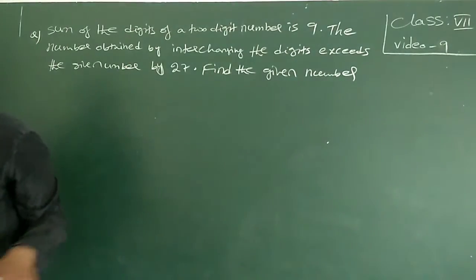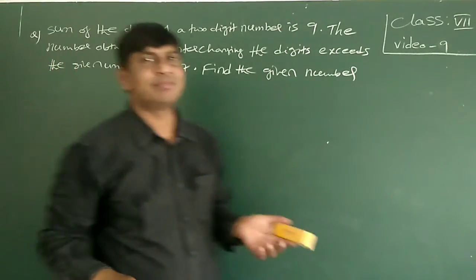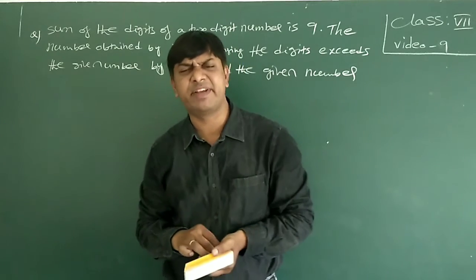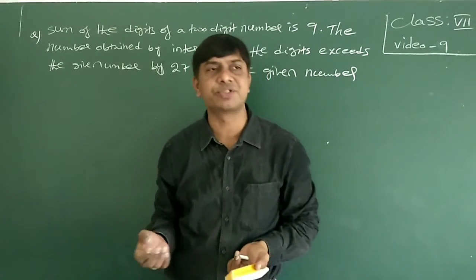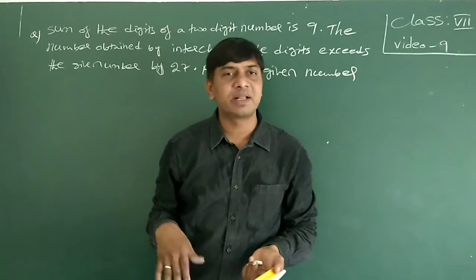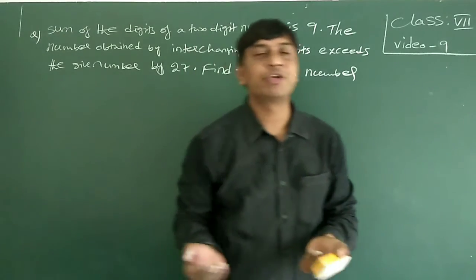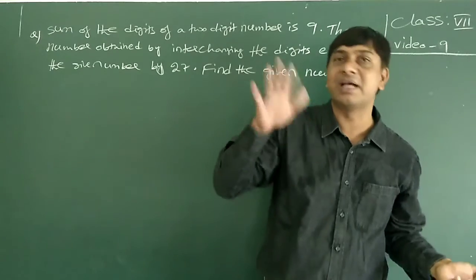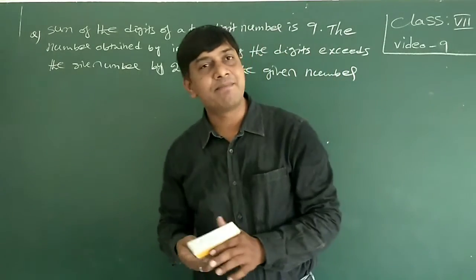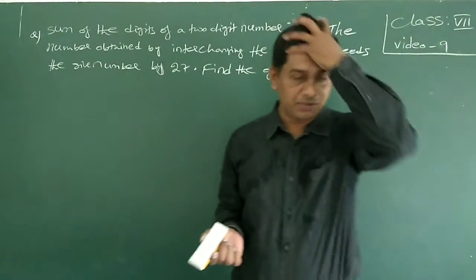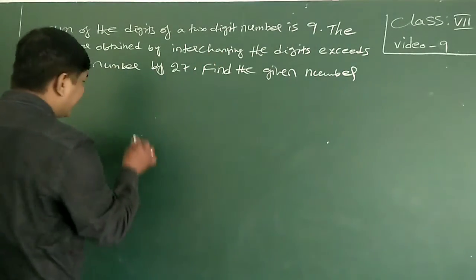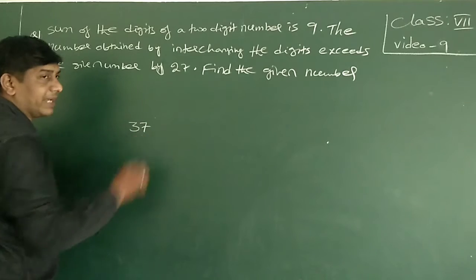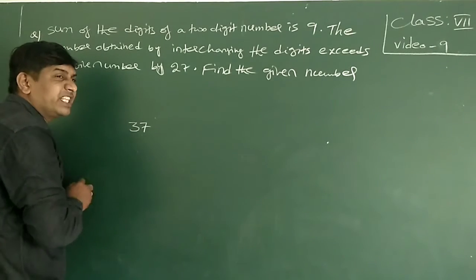Everyone may be confused, so listen here. Whenever they use the words 2-digit number, 3-digit number, or 4-digit number in questions, not only here but in higher classes also, you need to recall the expansions you learned in primary class. In primary class you would have learned about the expansion of numbers. Let us assume that 37 is the one number. This is a 2-digit number.